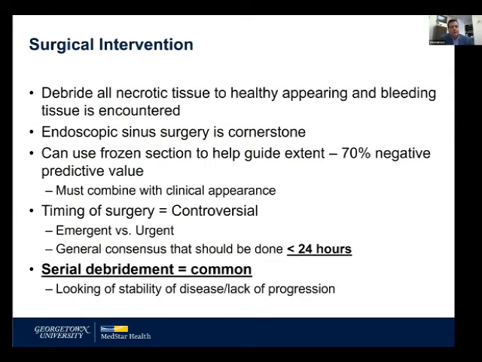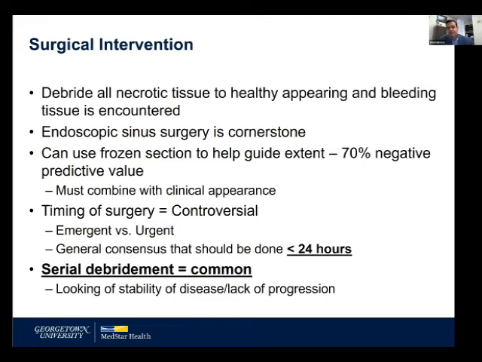And we really debride all the necrotic tissue down to healthy appearing and bleeding tissue. It's not necessarily getting every last fungal element out. I take it to when I start to see there's blood supply there, and I feel much more comfortable that at least there's a chance the antifungal medications can work, because as we go further and further, you're causing more and more morbidity. You start taking out V2, you're getting into the infratemporal fossa, into the pterygoid musculature, potentially setting up for trismus afterwards. So it's a balance of being aggressive, but giving all tissue that has a chance the opportunity to come through on this.